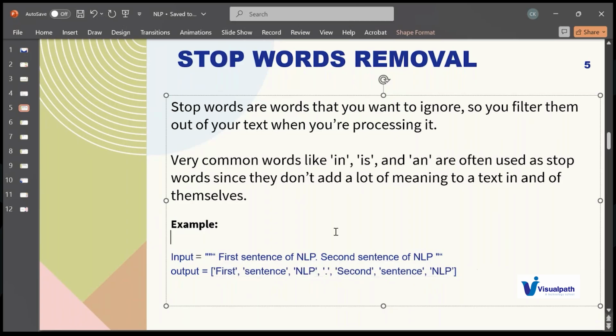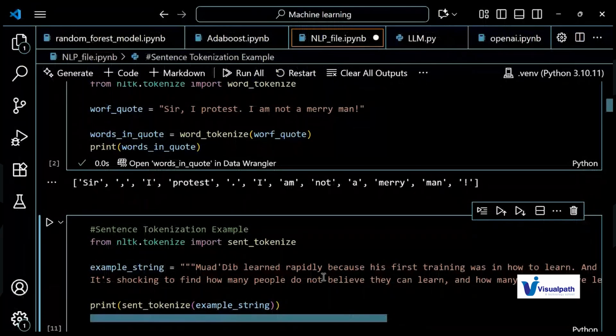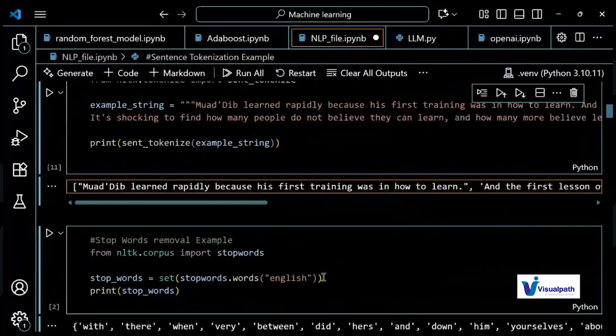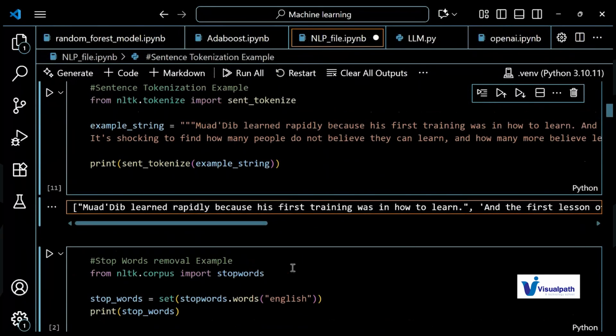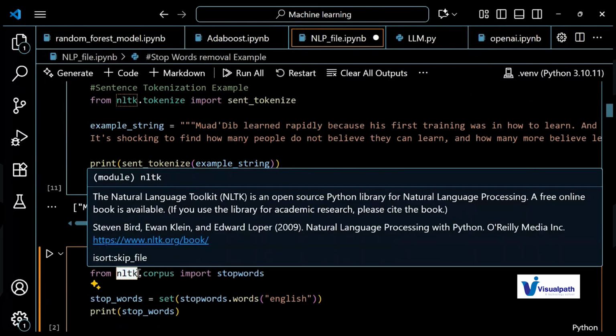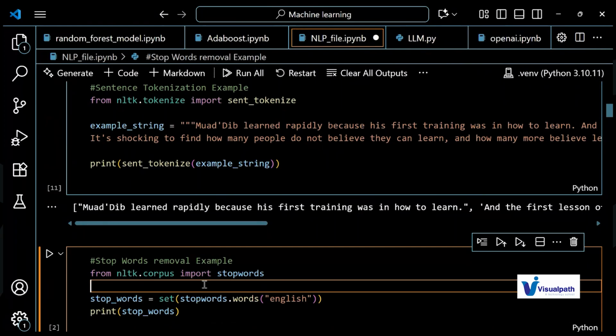So in this way, since stop words are not that beneficial for the machine learning models because they are very repetitive in nature and also take extra space as part of the computer processing, that is the reason why we have to remove this kind of stop words. In terms of implementation, let me also show you how to remove them. This library has the stop words of a given language.